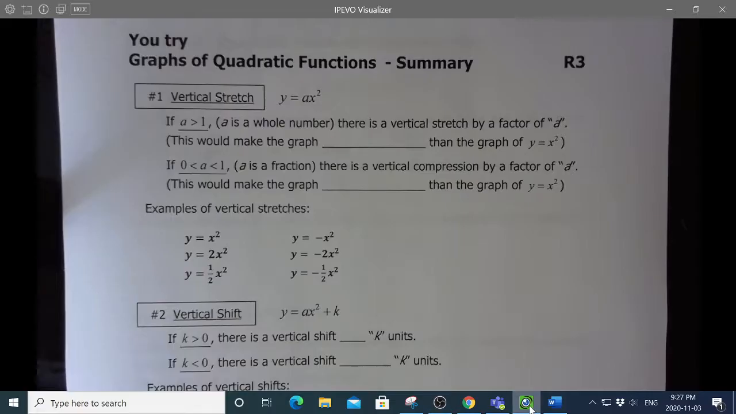Hey everybody, this is where we left off with our 30S Chapter 3 Quadratic Functions unit, and we've just finished